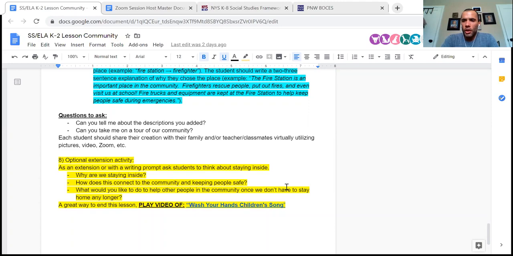I would encourage you to think about books that you have built around community. And whether you're going to record yourself and share those out with students, think about really good resources that you may have available to you that could augment any part of this lesson.